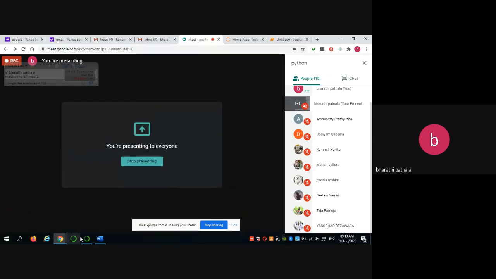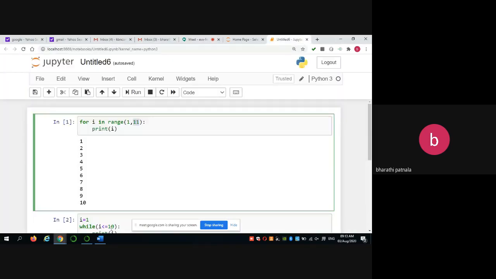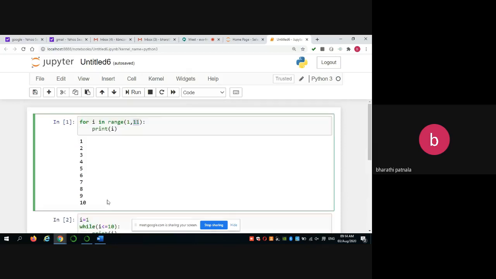Okay. The next one is, now, what is the use of while loop? At this juncture, you can see if you are printing natural numbers, you have to use for loop. Both cases are valid, but you have to use for loop because this statement will be executed for a known number of times.